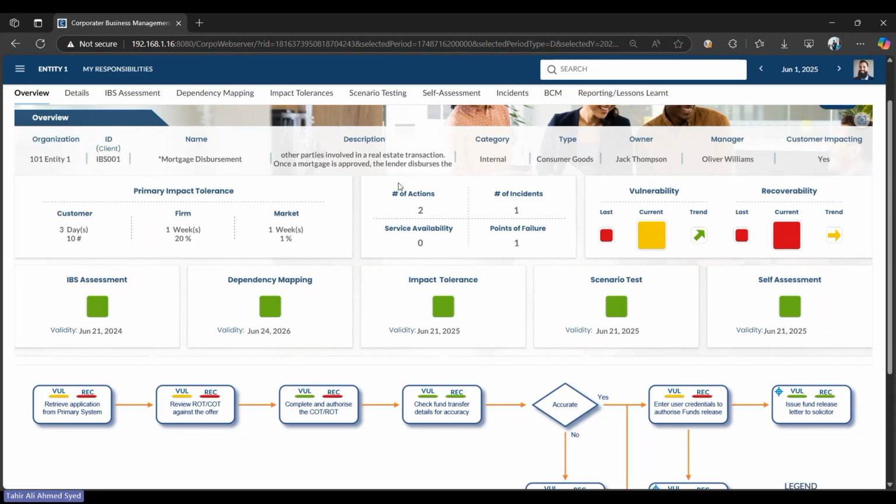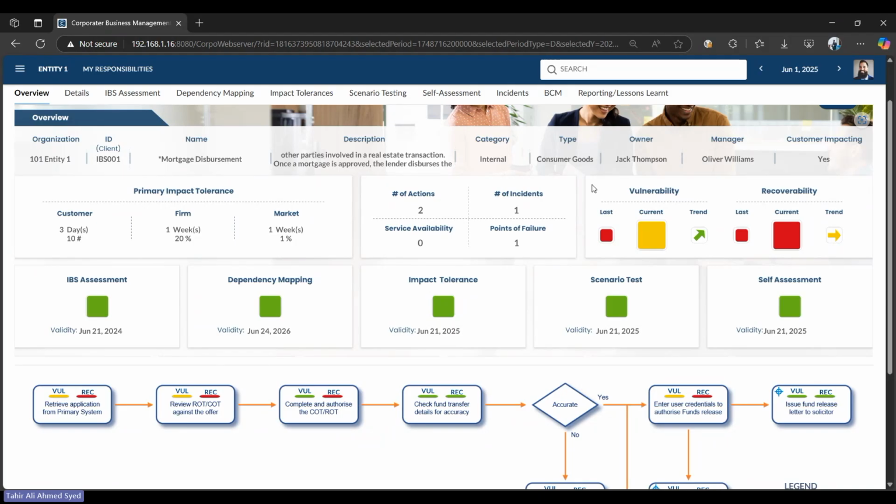Corporator is fully flexible to account for that, and it can capture all the incidents and the open actions we are trying to monitor to mitigate these incidents as well. And the beauty of the platform is how it brings together all the details from the operational level, because every service is linked to multiple entities. It could be related to processes, people, technology, data, or can even be used to showcase the dependency on your third-party suppliers as well.